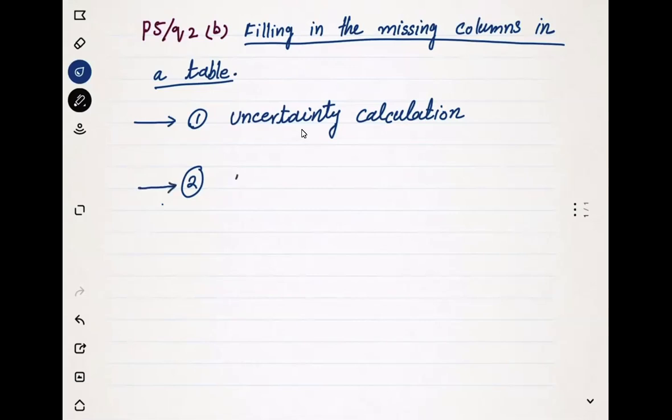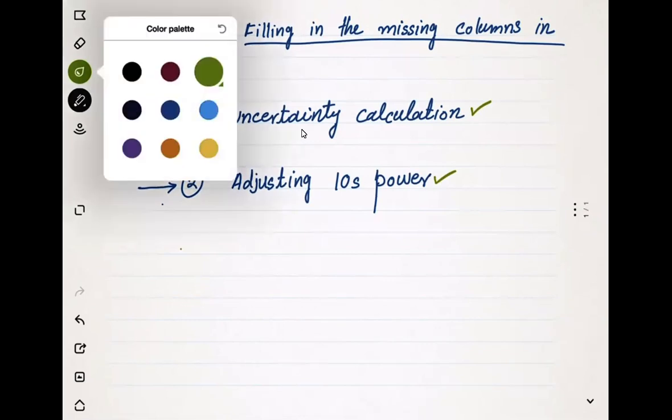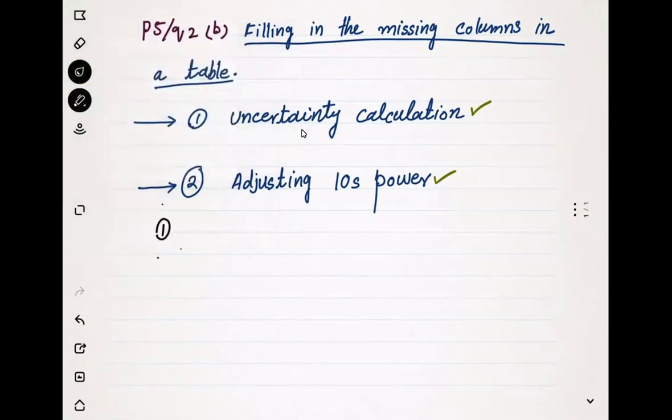The second thing is adjusting tens power. So there are two things to be tested. One of them is uncertainty calculation, and the second thing is adjusting tens powers. First thing, number 1, for uncertainty calculation